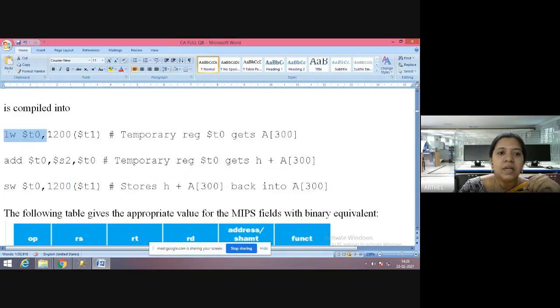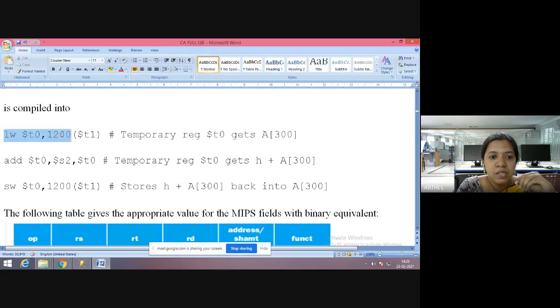Loading is the process of loading something from memory. You have a secondary memory, a hard disk, and from there you load a particular instruction into the processing unit. That is called a loading instruction.